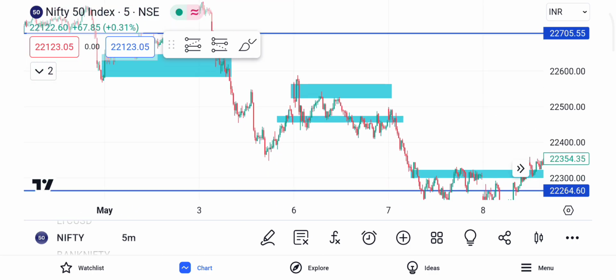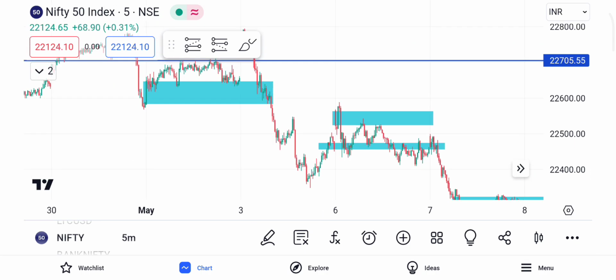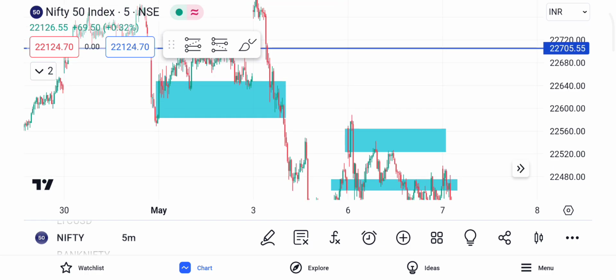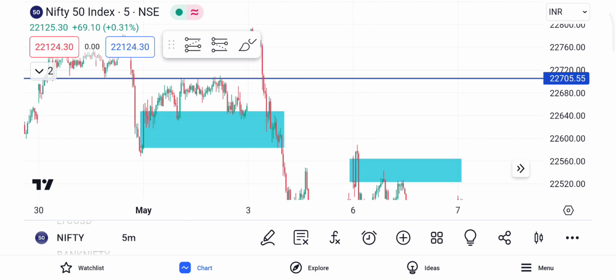So what I'm trying to say is very simple guys. Initially at least, or if you have seen a lot of losses recently and you do not know, every time you take a trade it is going wrong, then simply fix on one or two things. Okay, this can be one of them. It's up to you, but this can be one of them. A very simple strategy: you use it, you wait here and you put a stop loss.